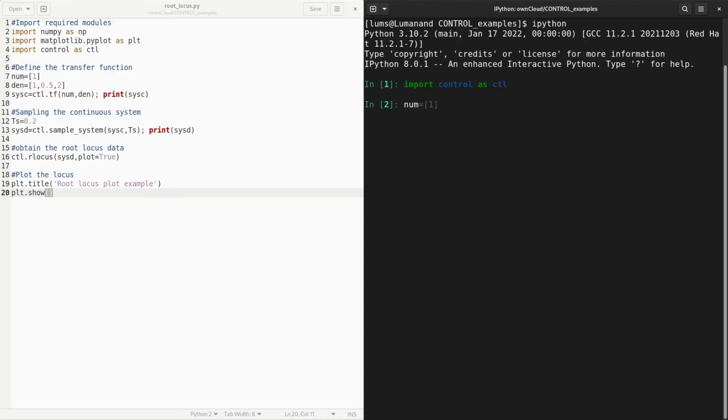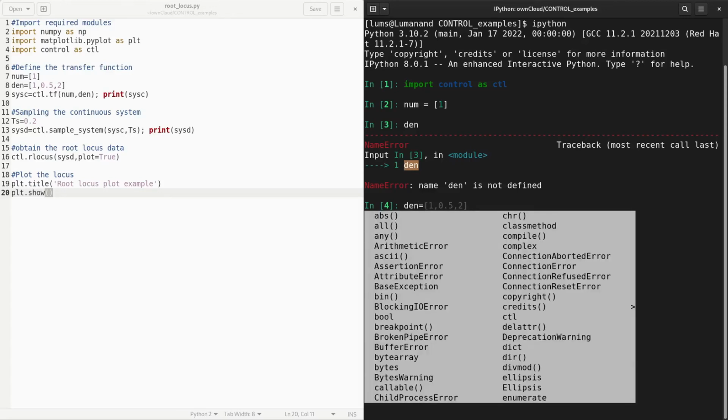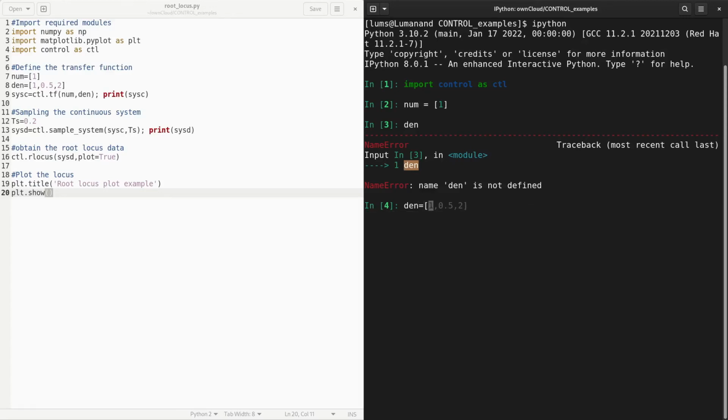So num, and denominator is 0.5 and 2, and system C, I will call the control toolbox transfer function with num and den.